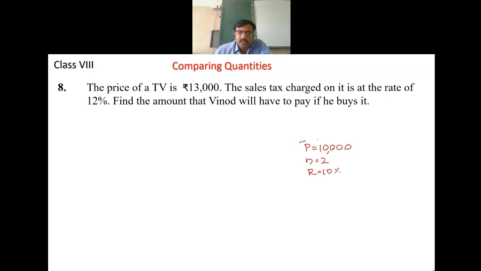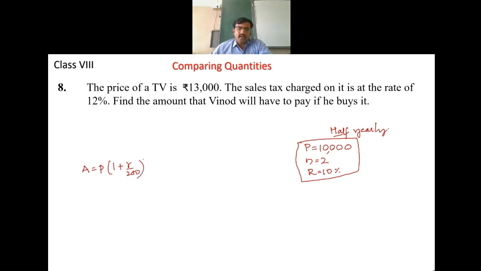Now, taken half yearly. That is what I was asking. This is calculated for compounded half yearly. If it is half yearly, there are two methods to do that. One is use this formula P times of 1 plus R by 200 to the power 2n, or use the same formula A is equal to P into 1 plus R by 100 to the power n, but very important is what R and N you should consider.